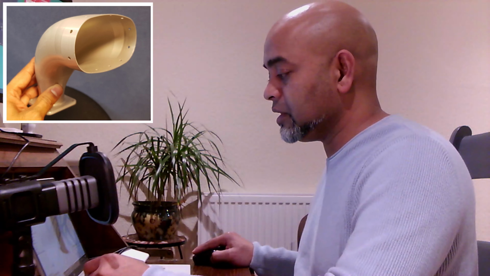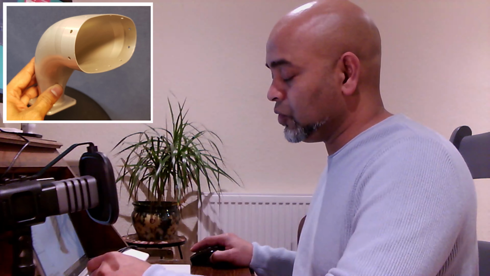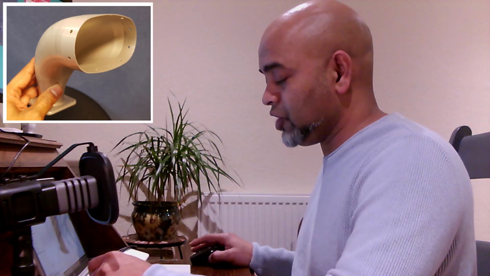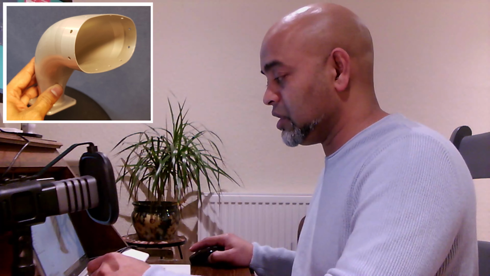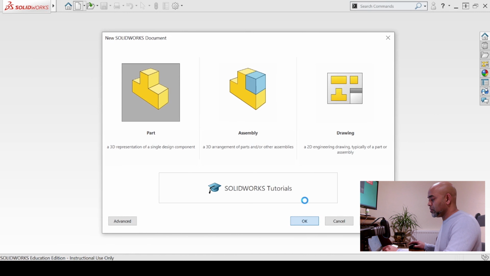Now I think we can build on that knowledge and probably start thinking about creating that air intake that's on the screen right now. This particular air intake goes from a circular shape to an oval shape, and in the process it takes about a 90-degree turn with a smooth bend. There are a few things you need to know before jumping into that exercise. Here I'm creating a new part,